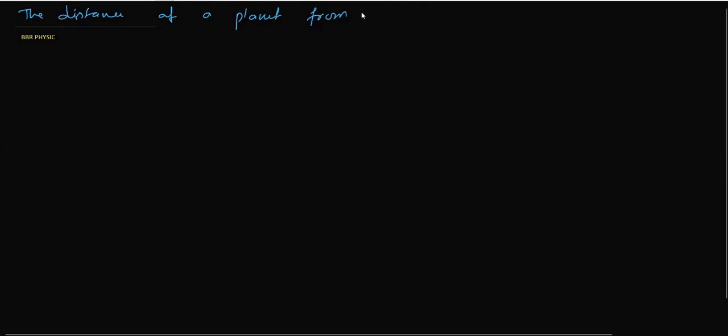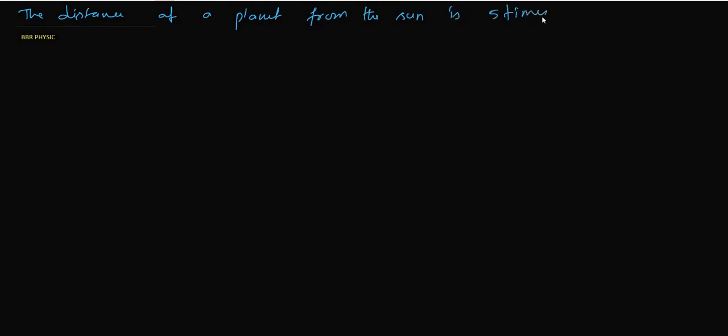Let me discuss a numerical here. What does the numerical say? The distance of a planet from the sun is 5 times the distance between Earth and Sun. The time period of the planet is,